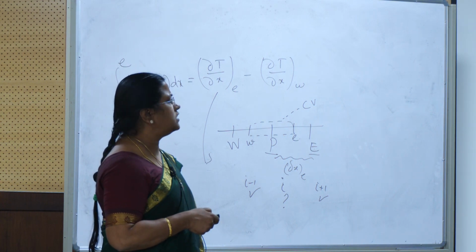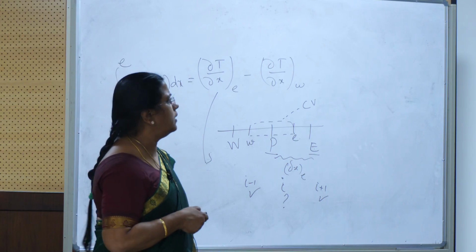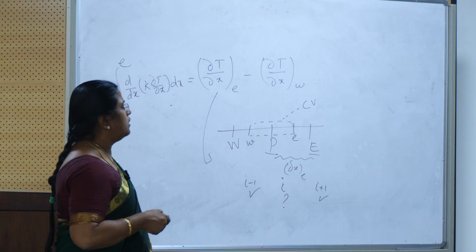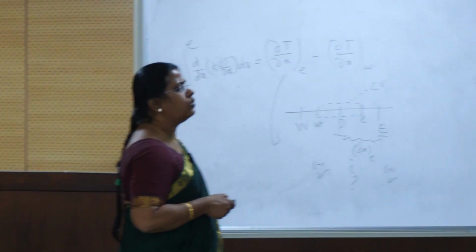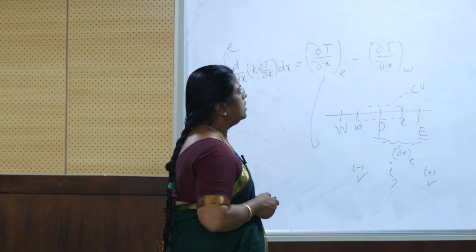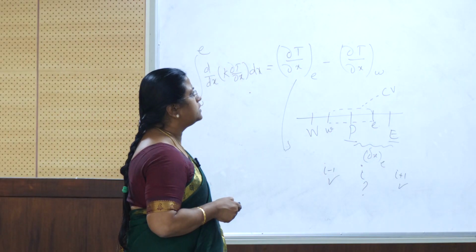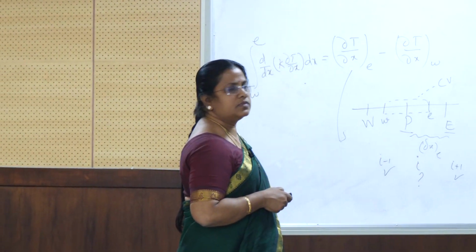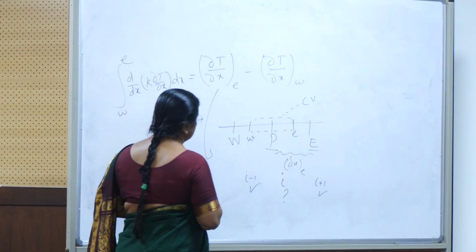P and west and east point, typical control volume. Now, coming to the boundary point. Here, how we can deal with that is what is shown here. See, this dotted line denotes the control volume, and it matches with the boundary points. So, if I take here, for example, again,